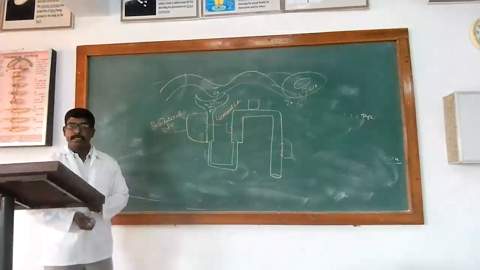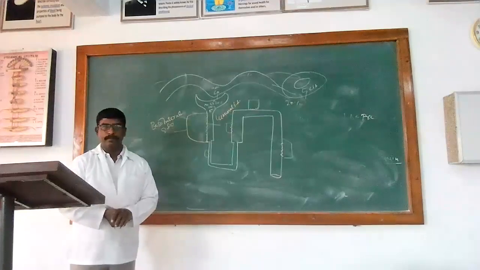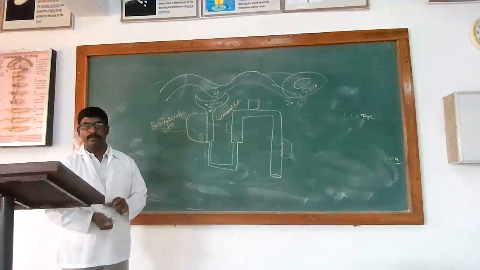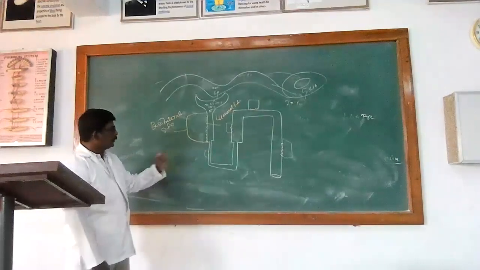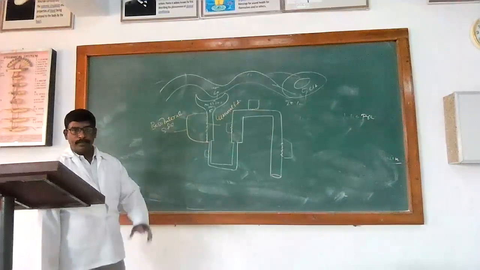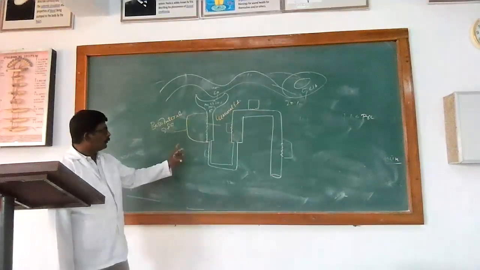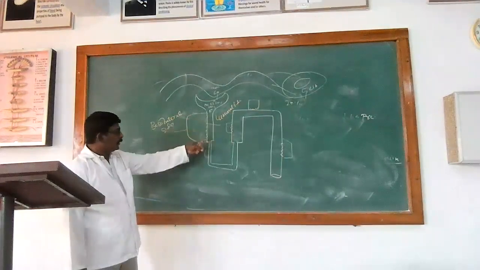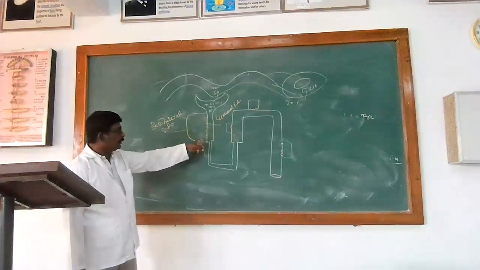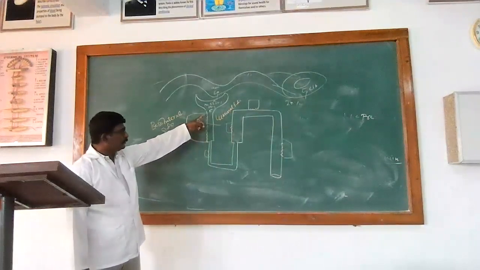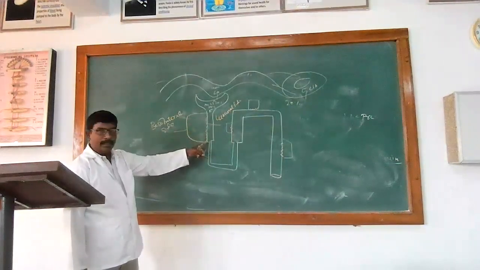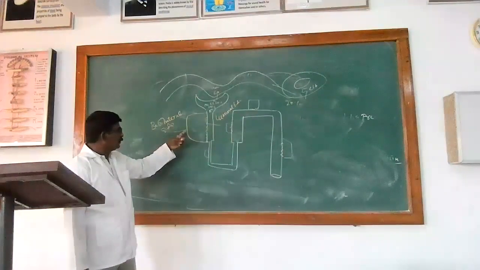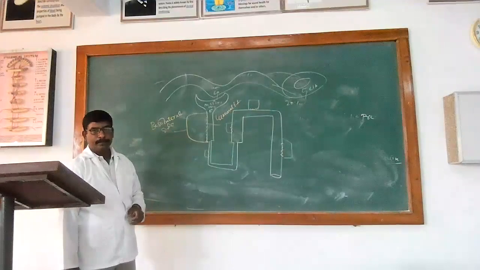So nature has made a very good arrangement for the reabsorption of most of the fluid, which is essential for our body. Here we are today studying about sodium reabsorption. So we are going to study the first physiology of the cell. Here this side is the proximal tubule, and this side of the cell is called the luminal side, and this side is called the basolateral side.